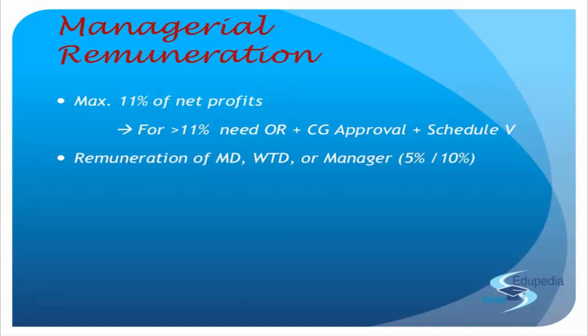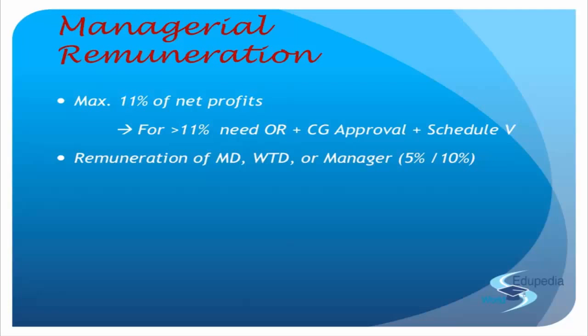But when you go to an individual thing, if there's just one person, instead of 5 you want to give 11 because you have room till 11, right? 11 is the maximum the company can give cumulative. If there's just one person, you can give away 11 to him. What's the problem? Just pass a resolution in the general meeting. No requirement of Schedule 5, no requirement of central government or anything. Right? So obviously, you'll not give away 11 because there are other directors also. Maybe not whole-time, maybe not manager, maybe not MD, but there are other directors, the ordinary directors of the company. Even they need some money, right? So you'll not give 100% of 11, right? It'll be somewhere close to that.